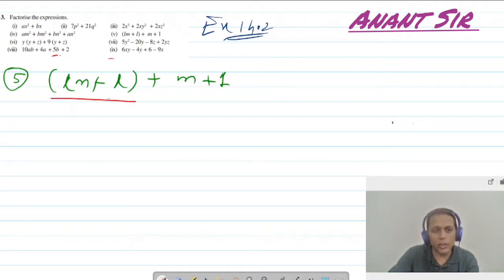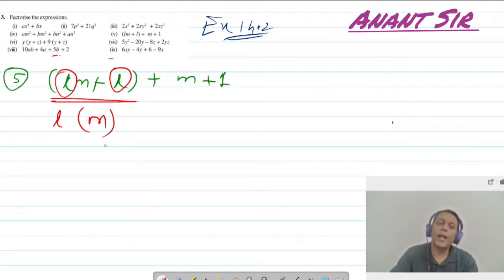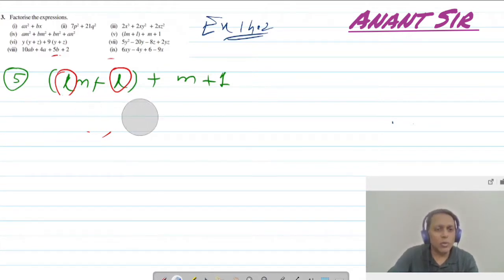Okay, look carefully. In the first two terms, what is it that we can take common? l. So students take l common very smartly, and then what do they do? They write only m here and they finish the bracket. That's it. This is where the students make the mistake. So see, what is the mistake here? Most of you must have understood what the mistake is, but some of you might not have. So what you do is you write this lm as l into m and this l as 1